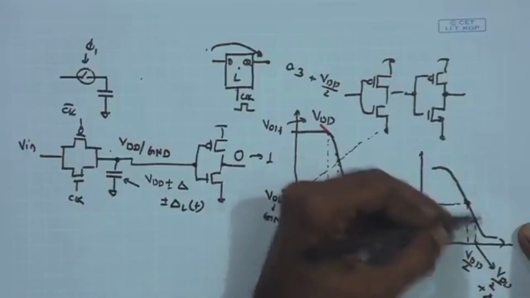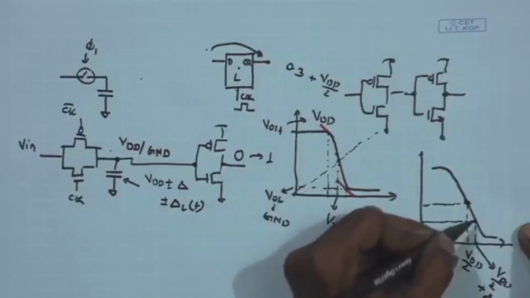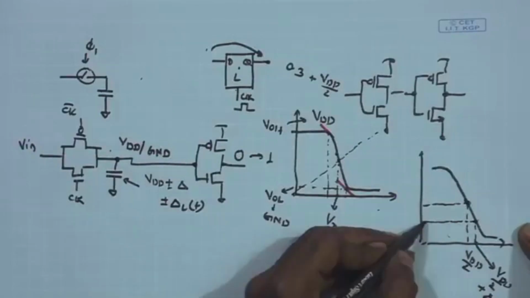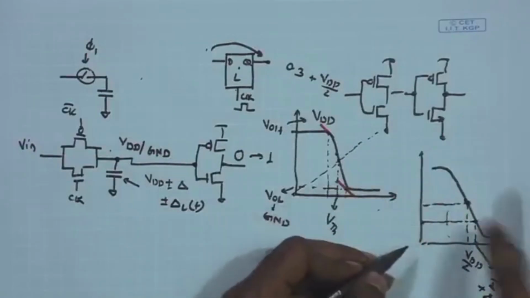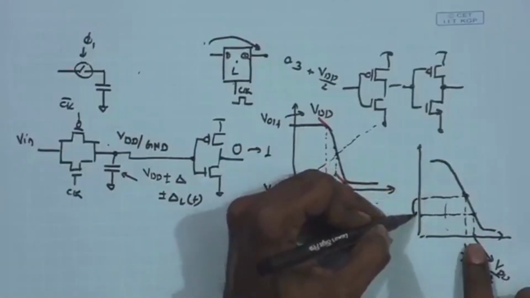As long as this is in the high slope region where the slope is greater than 1, I can make sure that the output of this inverter will be sufficiently lower than the midpoint,